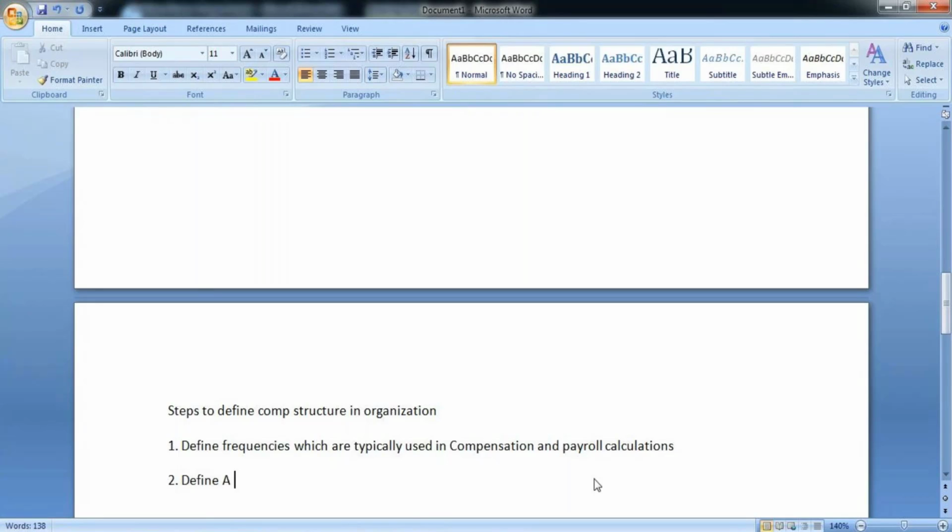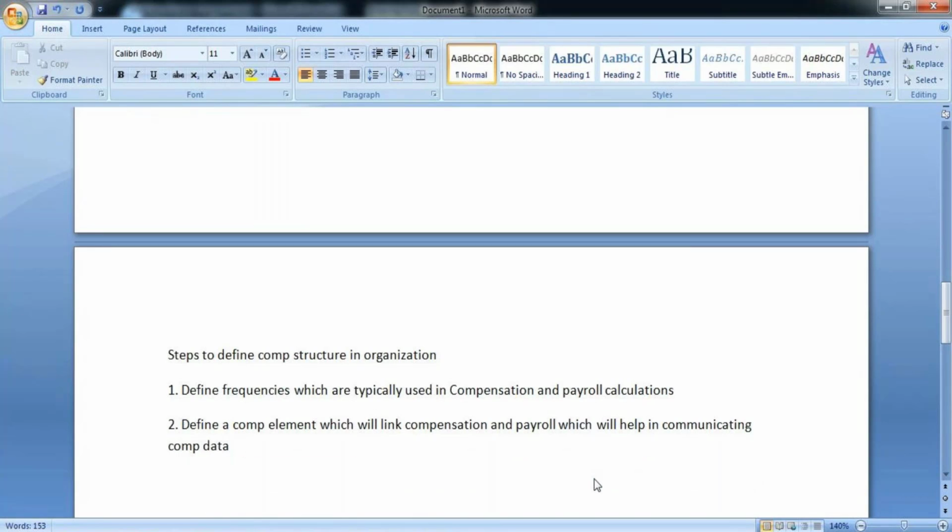Define a comp element which will link compensation and payroll, which will help in communicating comp data. That's how you typically perform the other steps. You'll be creating an element where you'll be linking both the compensation and payroll. So whatever you are defining in advanced compensation will flow to your payroll. And once you have everything flowing to payroll,